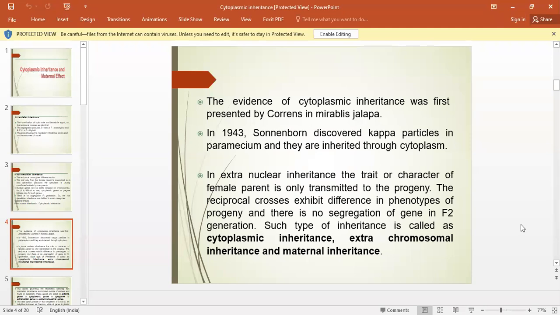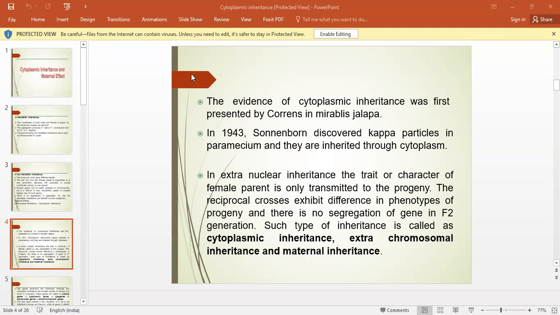It is also known as the 4 o'clock plant. Why is it known as the 4 o'clock plant? Because this plant flowers in the late afternoon, nearby 4 o'clock. It will flower at that time, and this flower will close in the morning. So the flowering time of this plant is in the late afternoon. That's why it is also known as the Mirabilis 4 o'clock plant.